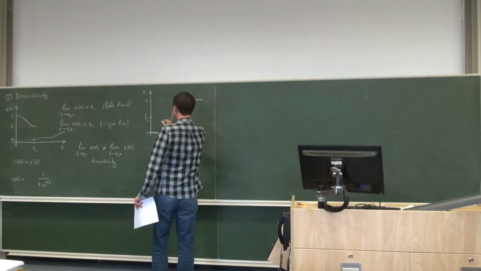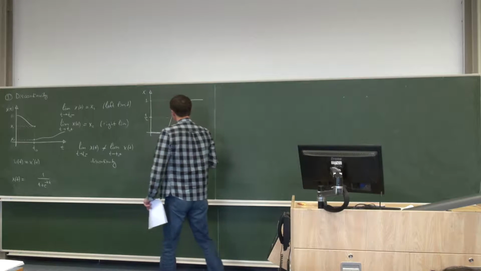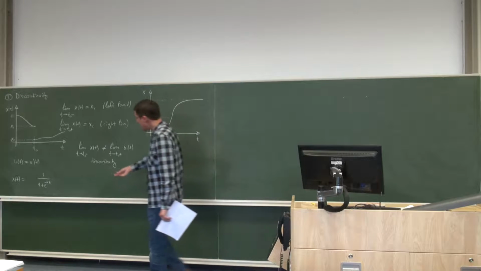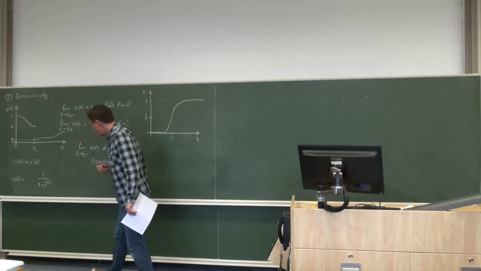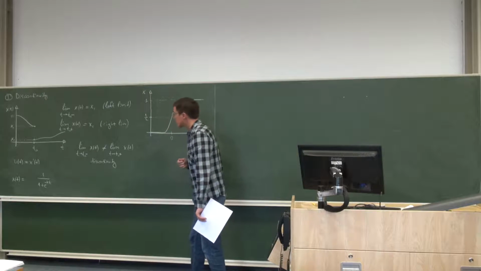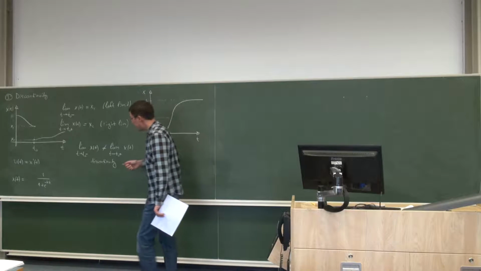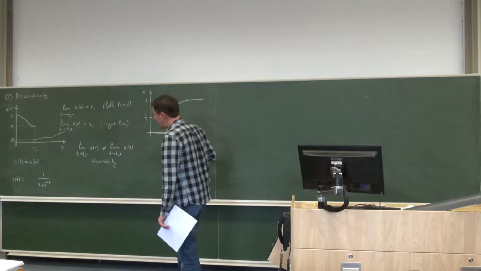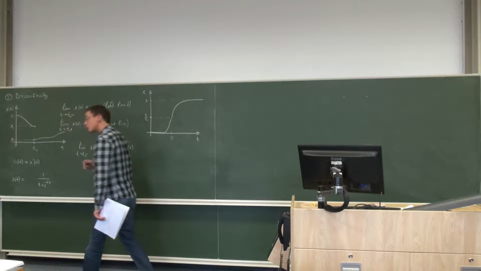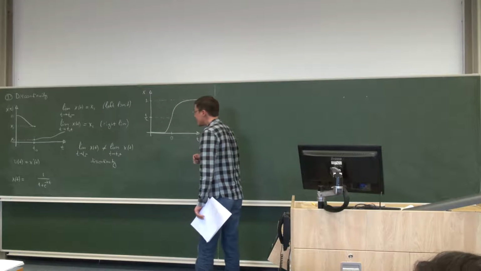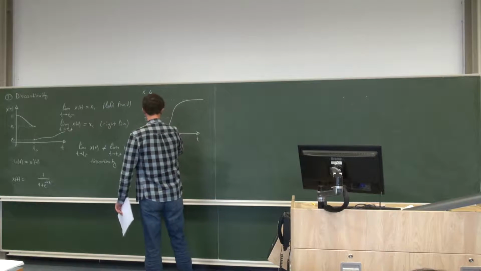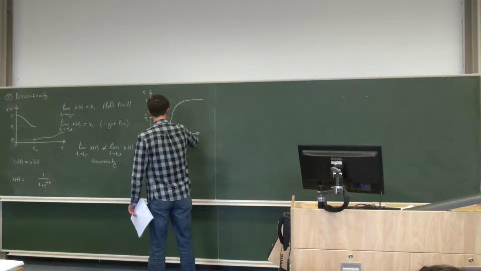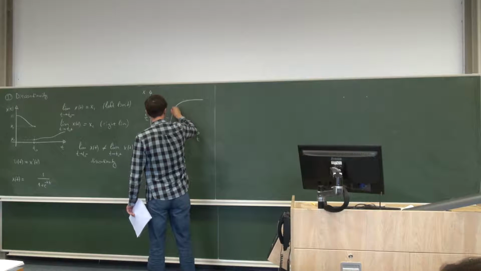That number is 1, and that is 1. Let's now think what is going to happen if we make this number k larger and larger. Well, the sharpness of the function will change, because if k is really small, this transition will happen slowly. If k is really large, this transition will happen fast. So if we make k a bit larger, what is going to happen is we will have a function that does this. So it does exactly the same,